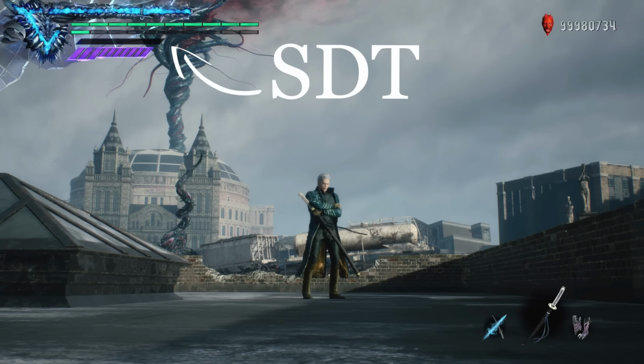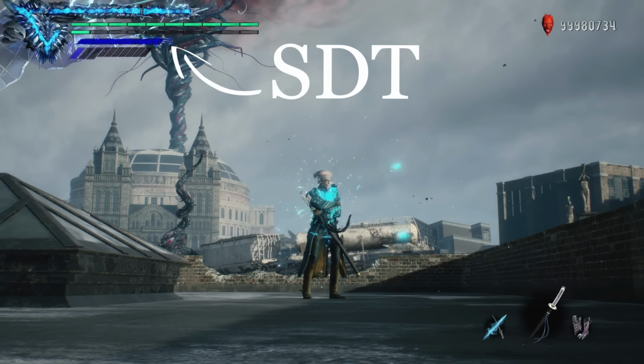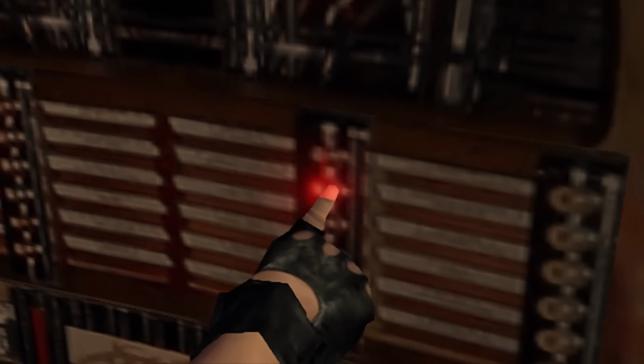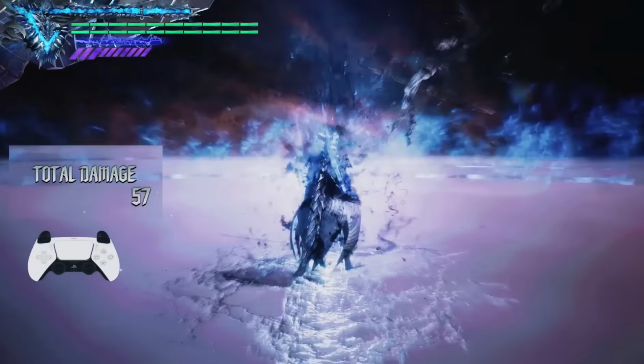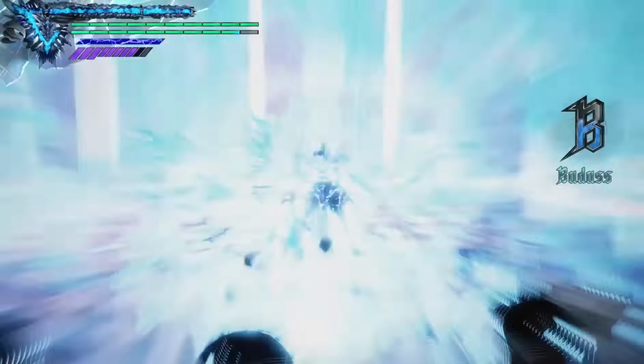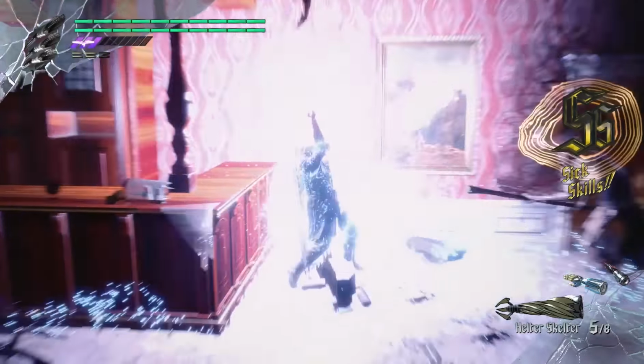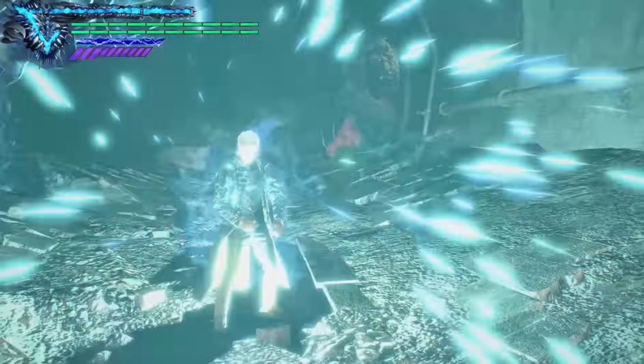SDT is the new resource added for DMC5. You channel regular DT into it, and then you hold L1 to activate it. Hey, we're holding L1 again. Boom Boom is a little stronger than Nero's DTE, a whole 14% stronger, and similarly launches the enemies around him. Boom Boom's range seems to be a bit larger than DTE, although that could just be my impression because of